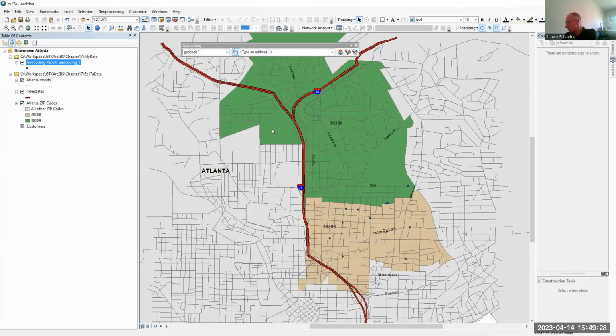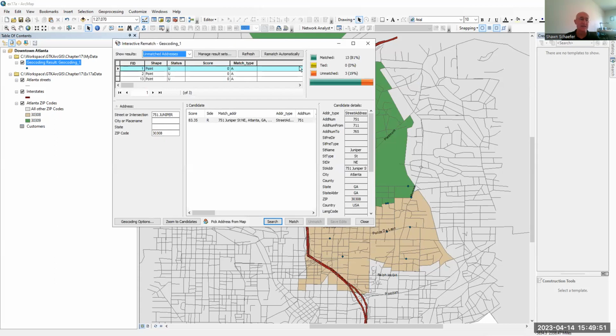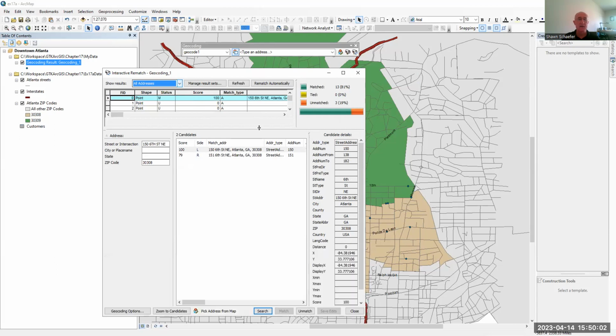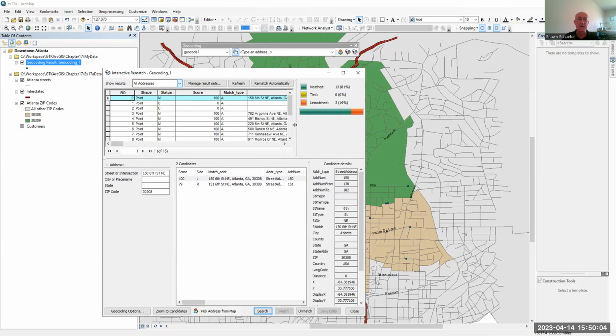All right. So there's one more feature to this that I want to show you, and that is the rematch process. We had some addresses that didn't match. So if I right click over here on review and rematch addresses, it's going to bring up a dialog box, looks something like this. And right now it's showing the unmatched addresses. I can say all addresses, so it'll show. I'm going to make this a little bigger too, maybe. There you go. So you can kind of see